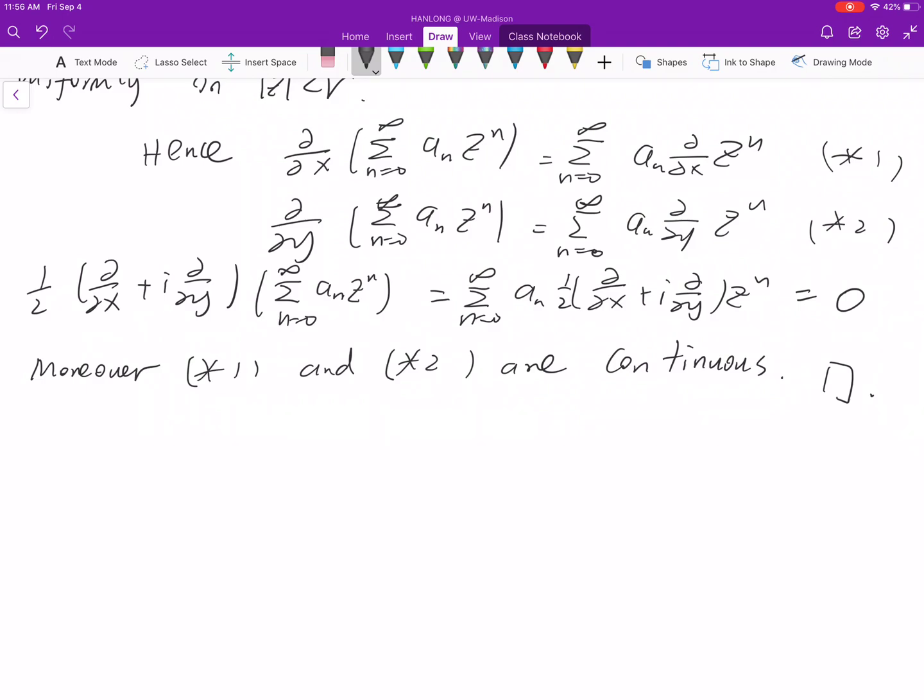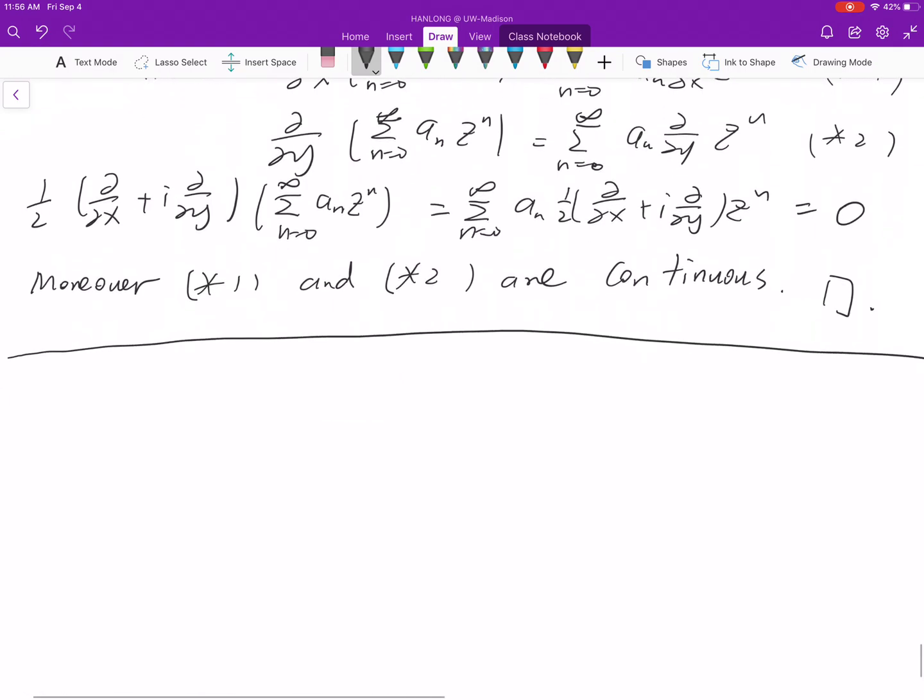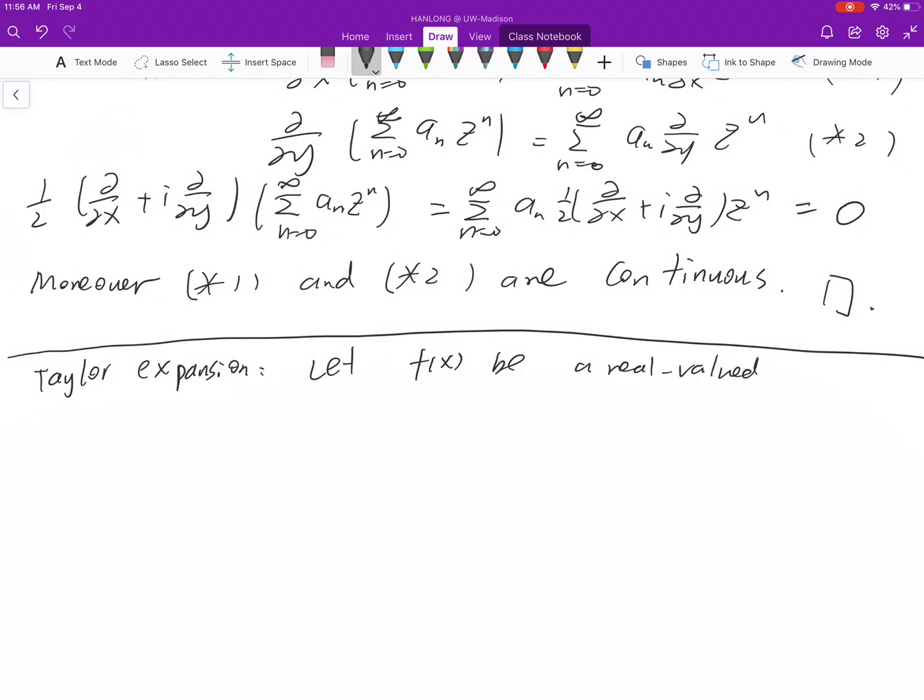Okay, next we introduce some very useful power series. So first, let's recall the Taylor expansion, which will be used next time as well. So let f be a real valued function of a real variable x on a closed interval [a, b],